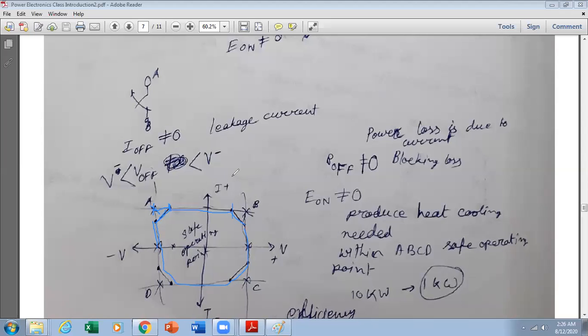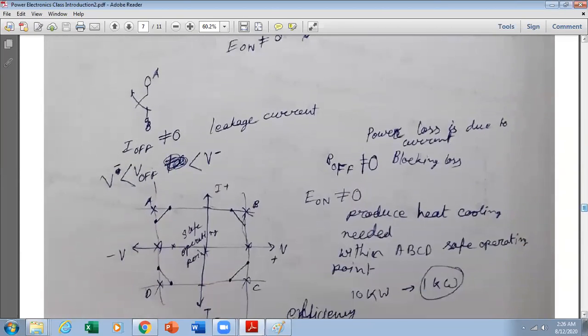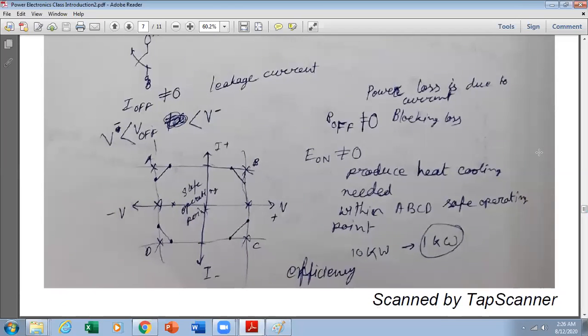Power loss actually depends on the rated current, and so rated current should be considered a bit less than the rated value indicated for the device. So the rated value is reduced, but we will consider the rated current as given. So this way the efficiency can be increased. Up to this, anybody has any question? Please ask. Is it clear?